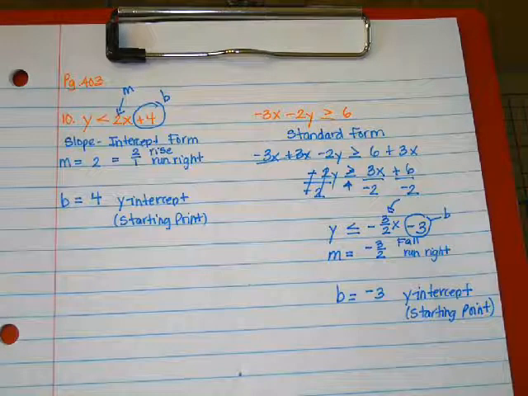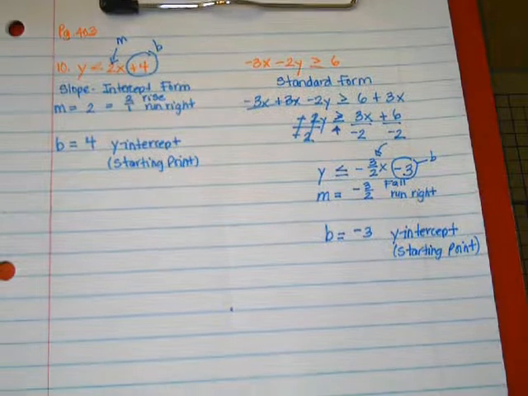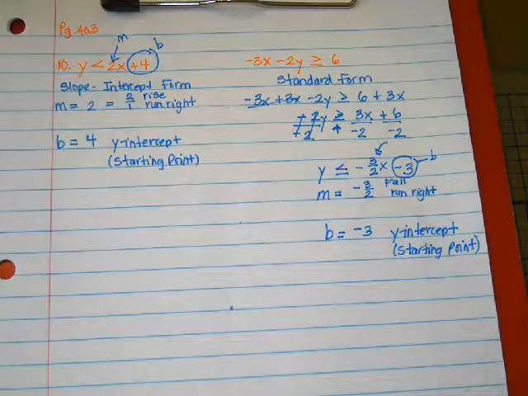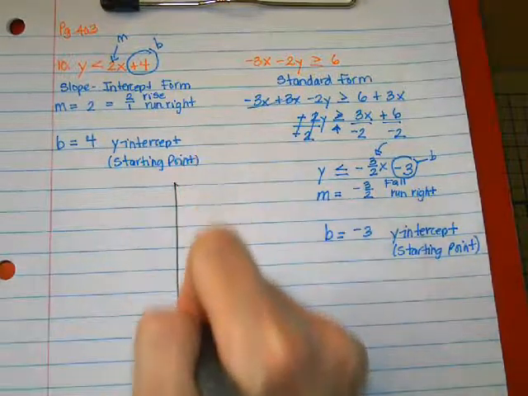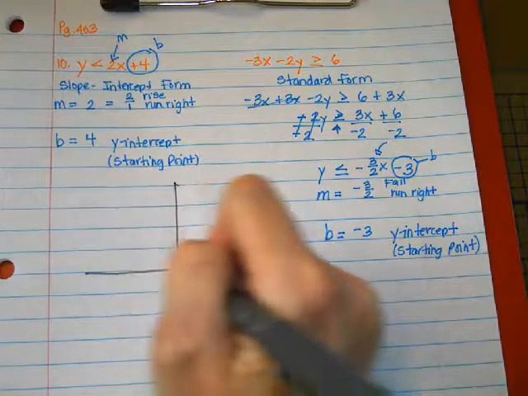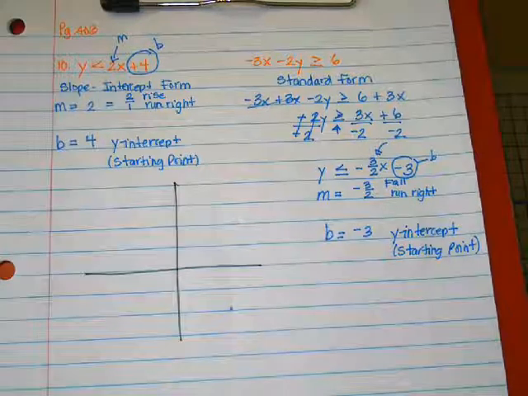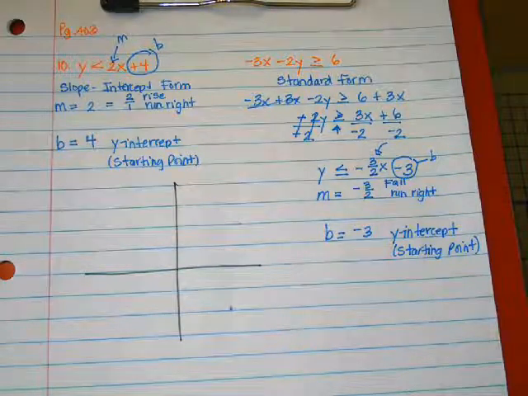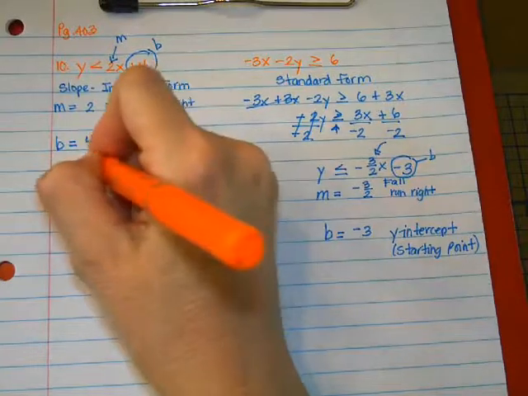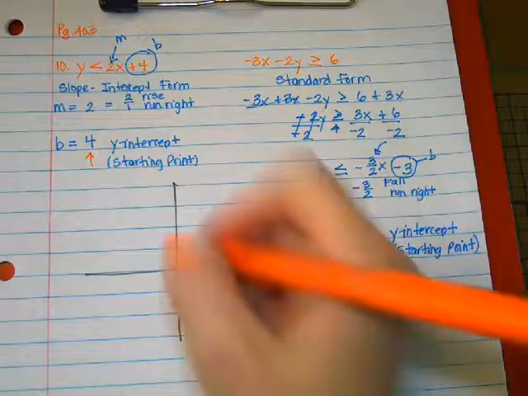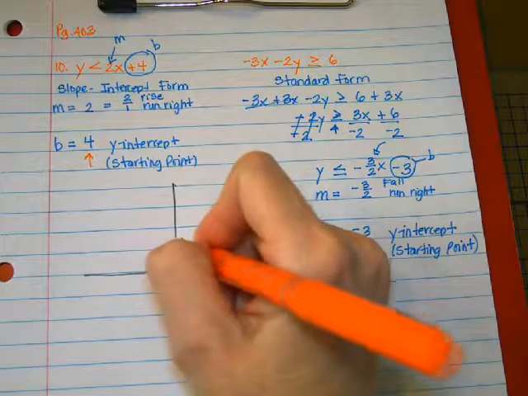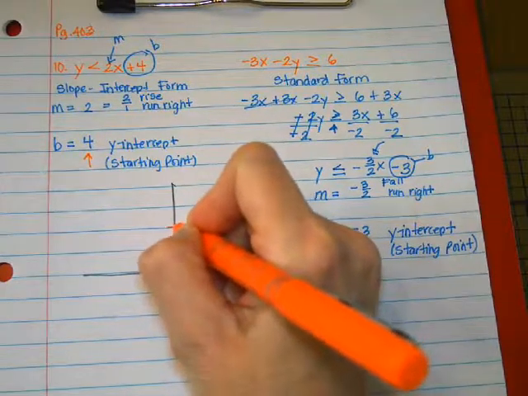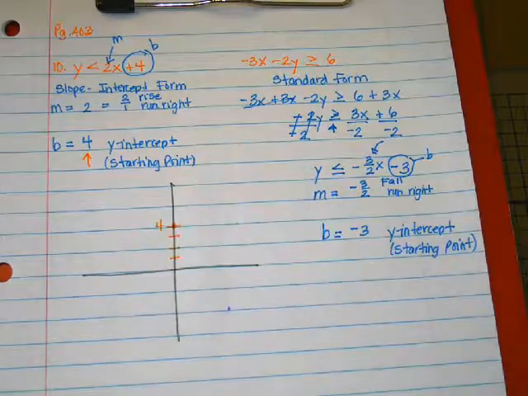All right, so we're going to go ahead and push the screen up just a smidge. And then we're going to go ahead and draw us a graph. So this graph. All right, so we're going to go ahead and graph our first point. So where are we going to start for this first graph, Miss Mia? That's right, we're going to start this y-intercept at 4. So we're going to go ahead and go up 4. 1, 2, 3, 4. So when you pick your line tool, you're going to drop your first dot at 4